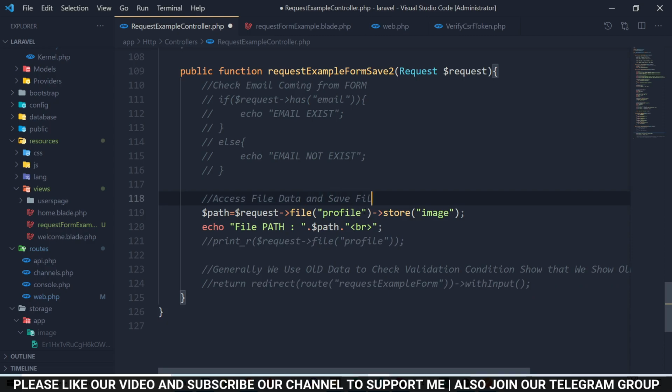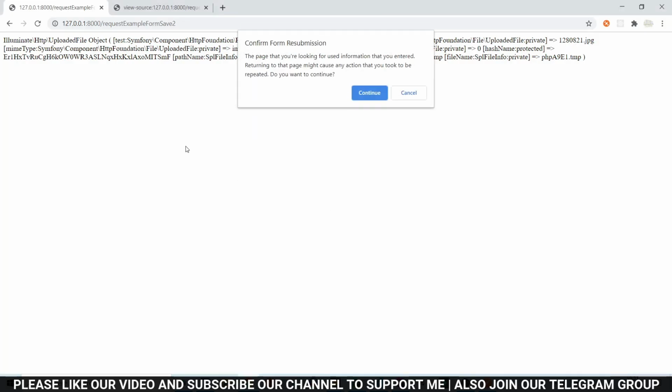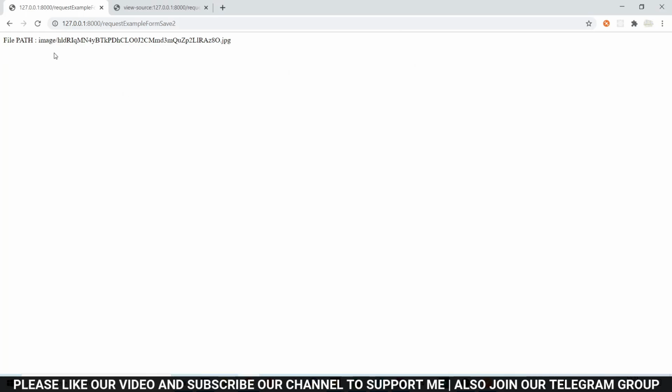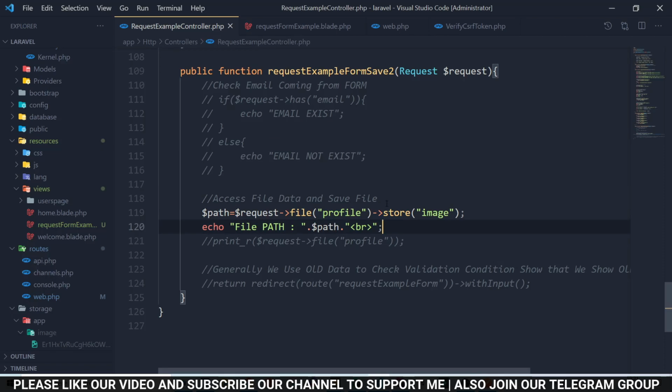Save the file, refresh the page, and you can see you can get your file path. So in that way you can upload the file in Laravel and access the path of the file.